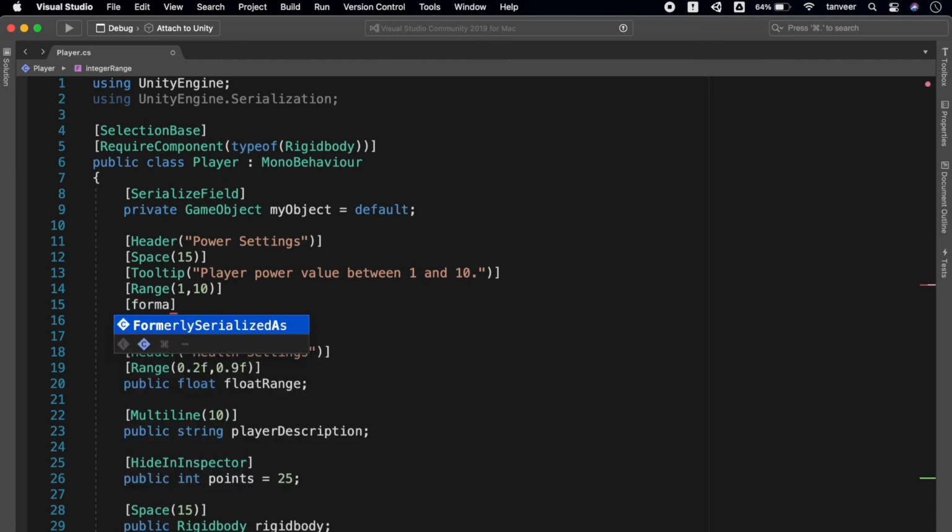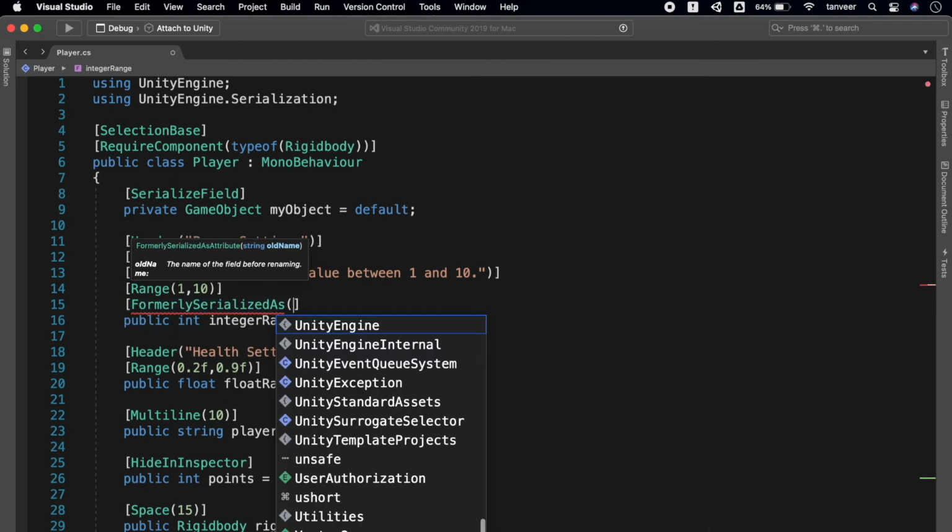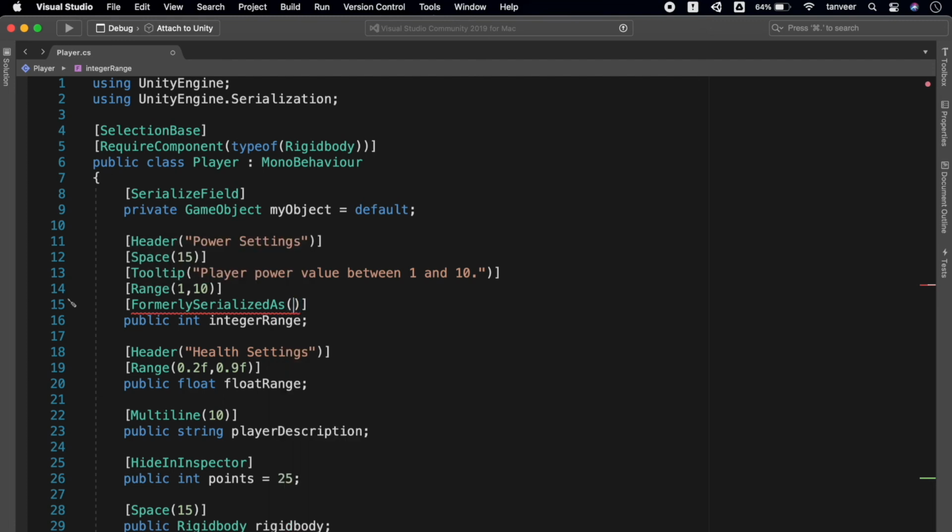And now type the formerly serialized as, and in the parentheses pass the old name of the variable as a string. In my case, I have integer range. I will copy and paste it here. And now I can update the new name, that will be the power range.